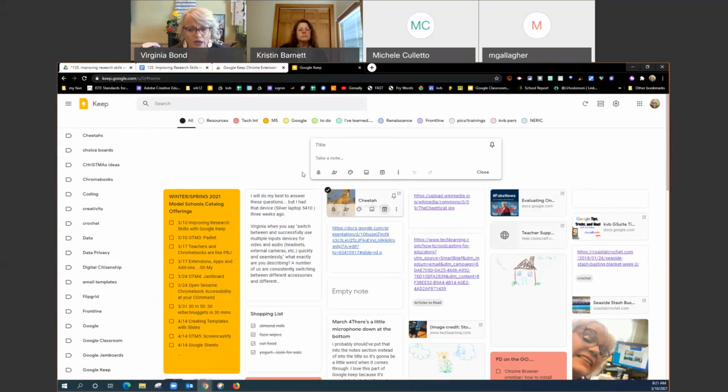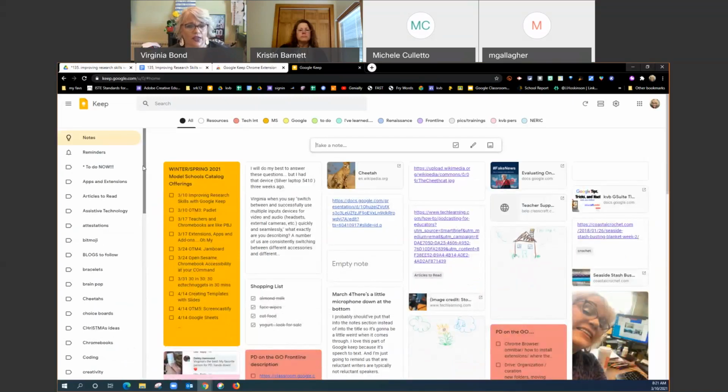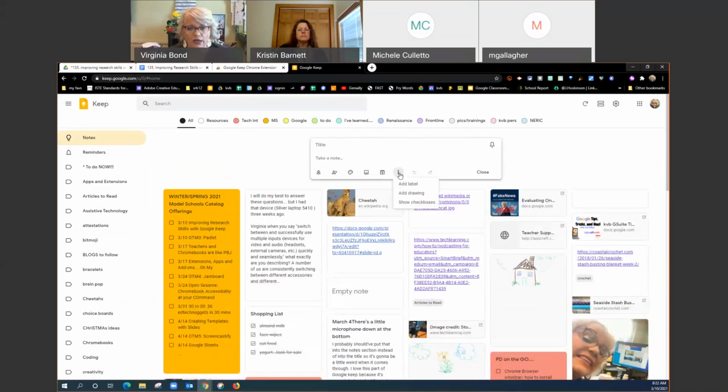Why is that important? Because when I archive things, they go affiliated with these labels, and then I can search for them. So that's a really great feature, and it's actually one of the things we're going to use today as well. So I can also, when I'm in a note, add drawings, these labels,